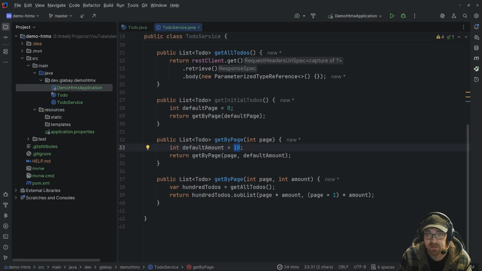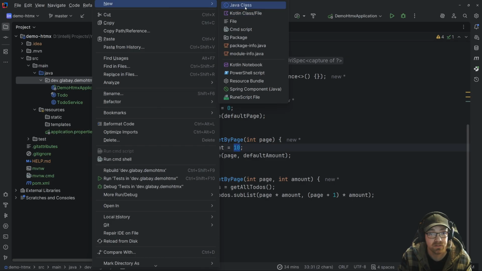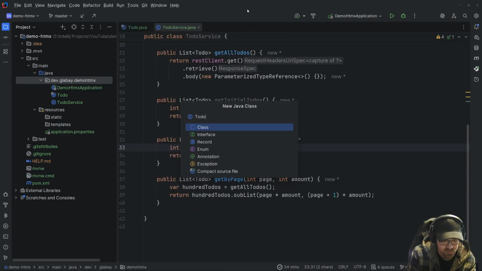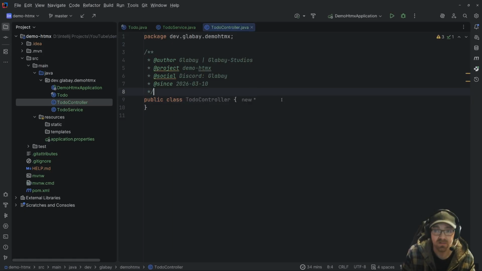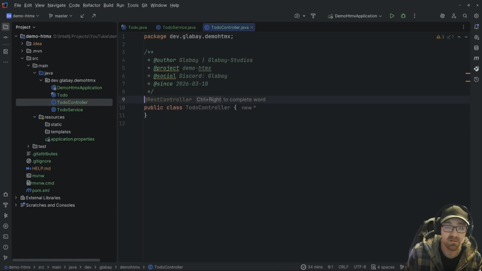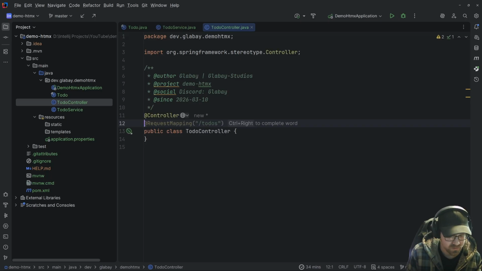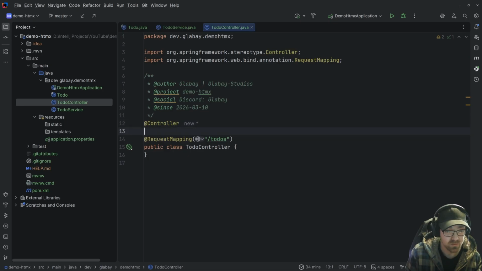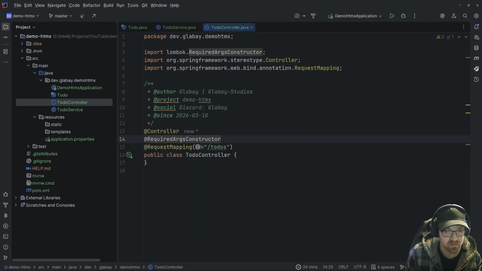Next, we need to move into our controller. We need to make ourselves a quick little to-do controller, and this guy is going to have a couple of annotations as well. This one is going to be a controller. We're also going to slap on here, sure, we'll use that request. And we're going to do our required args from Lombok so that we don't have to